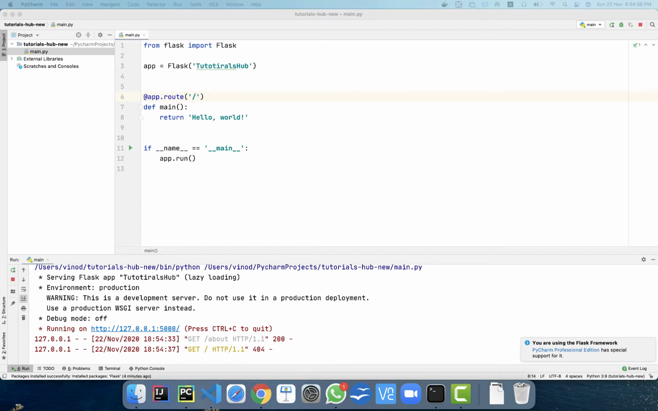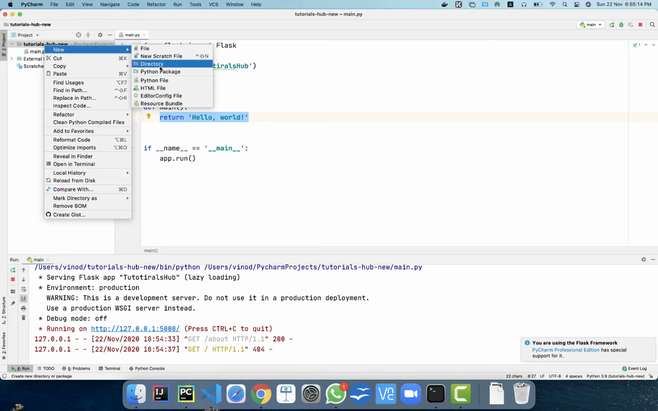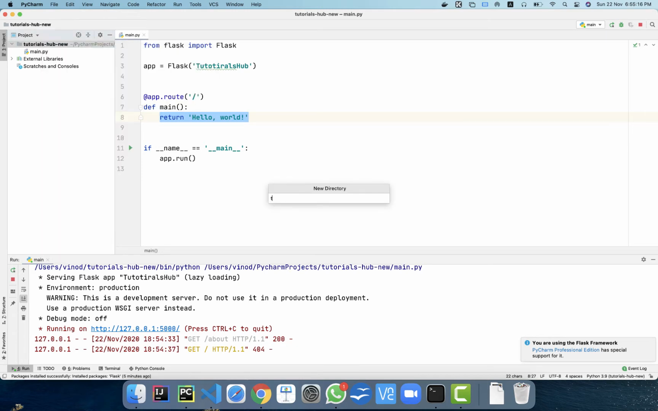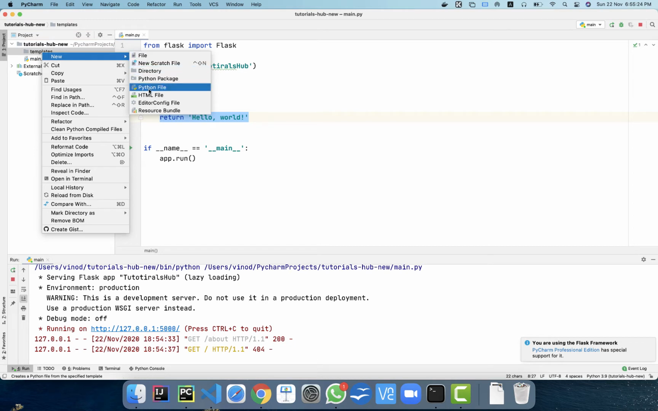It's a good idea to provide some HTML content instead of a hello world. So what we can do is create an HTML file and then render the content of that HTML instead of returning a string. Flask identifies a folder called templates inside your project. So I'm going to create a new directory called templates, and inside that, I'm going to create a file. Let me name it home.html